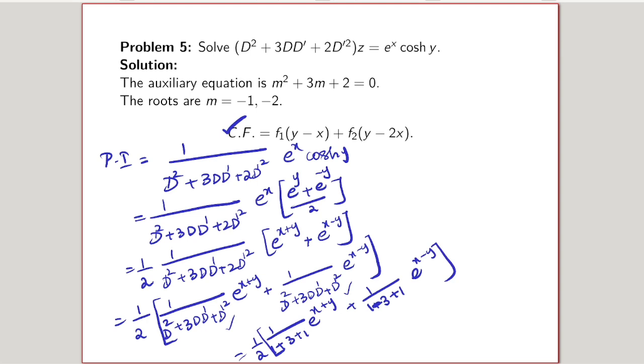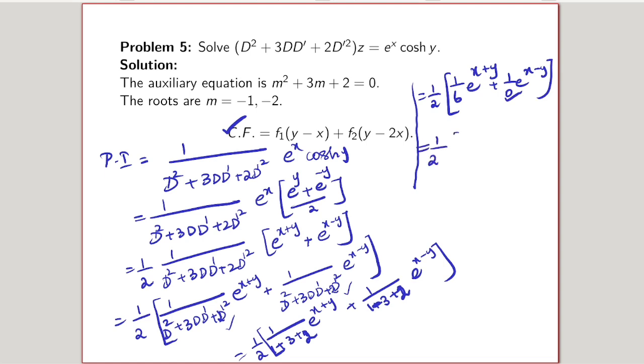So we'll get equal to 1 by 2 into 1 by 6 e power x plus y plus 1 by 0 e power x minus y. Since we get 0 in the denominator, next step we have to go for